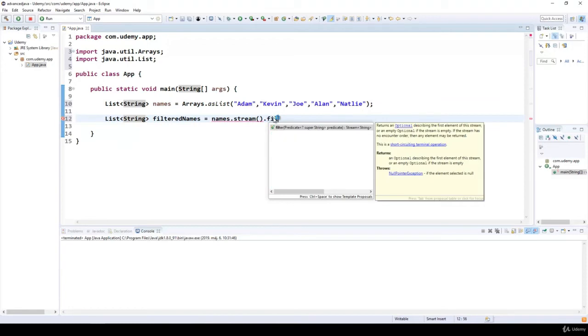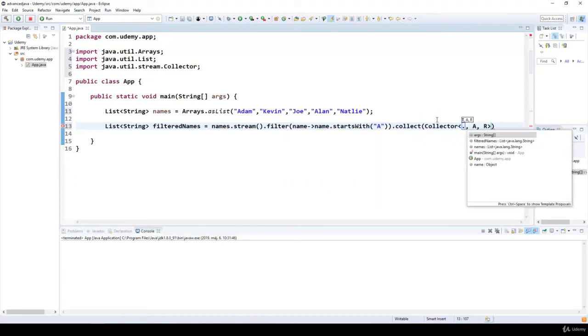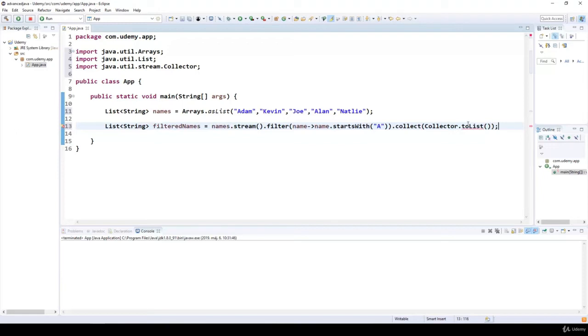And we can use an intermediate operation such as filter. In this case, we would like to make sure that we keep the names where the name starts with, for example, capital A. And finally, what do we want to do? We want to collect to a collector dot to list. So this is exactly what we want. Of course, because collectors, sorry for that. So collectors is